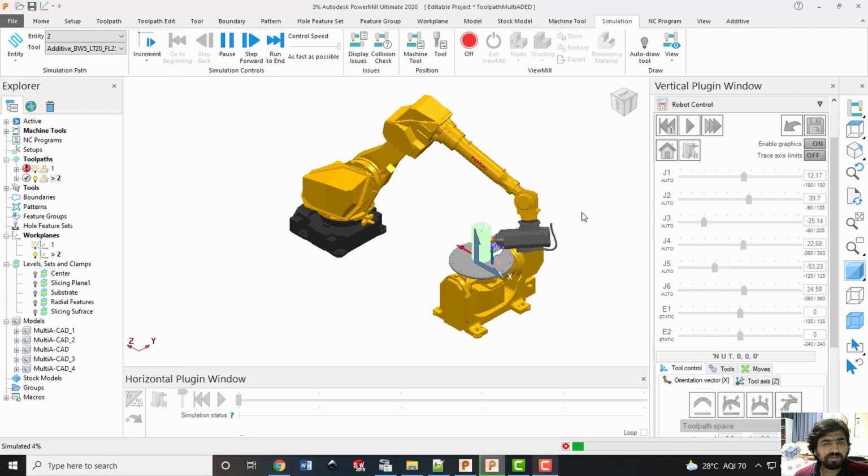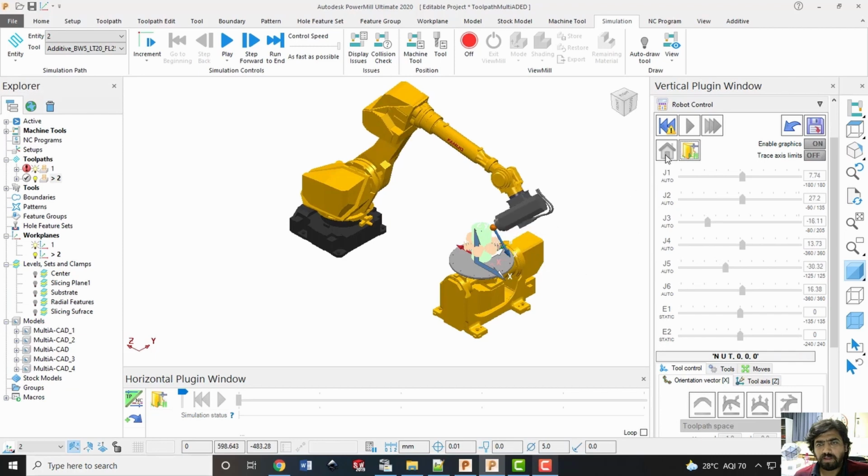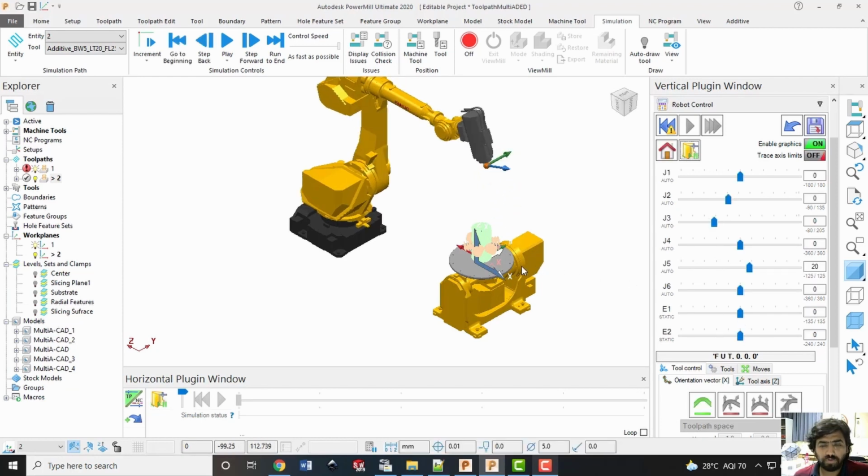It can also be done in another way, if we say that the priority should not be given to this robot to get tilted, but we should give the priority to tilt this table instead. Those types of things can also be done. Let us try to explore that as well. I am bringing my robot to the home position. So we are saying the joint which is corresponding to this trunnion table, called E1, will have more priority than the other ones. So I right clicked on that and said that they are on high priority.